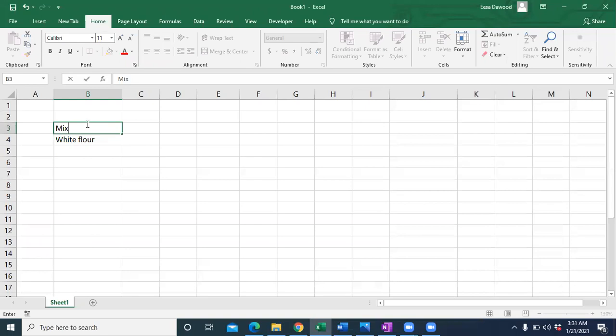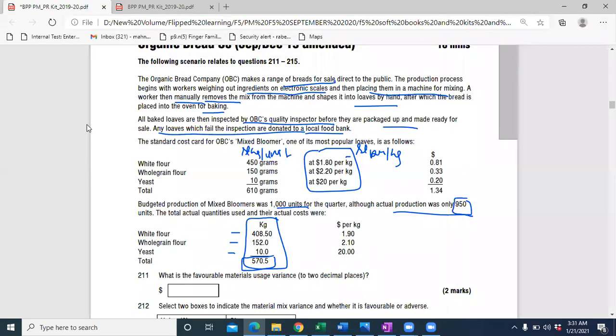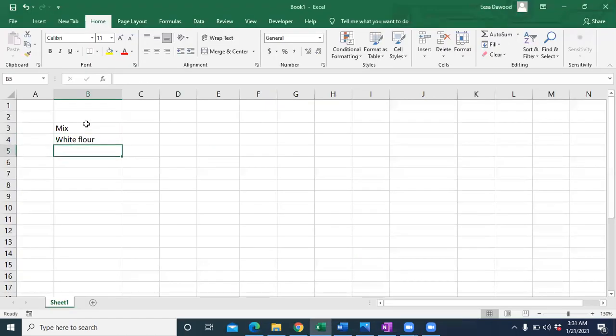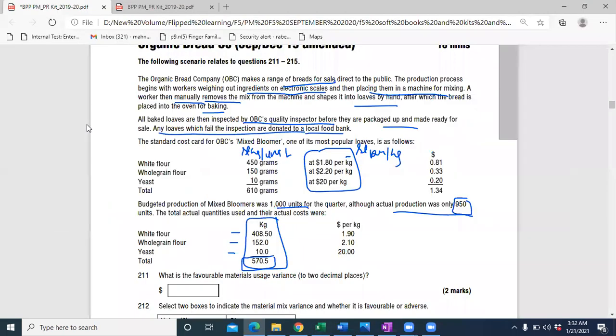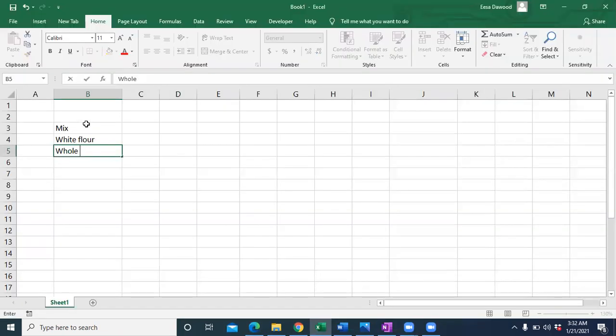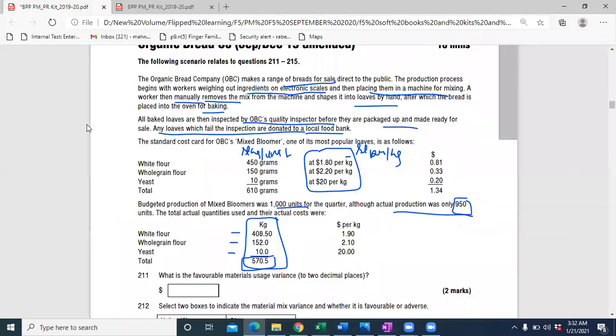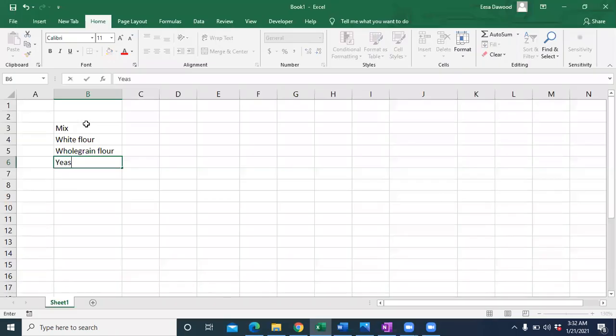First of all, we are calculating the mix variance and there are three ingredients, three materials. Our mixed bloomer is made up of white flour, whole grain flour, and yeast.